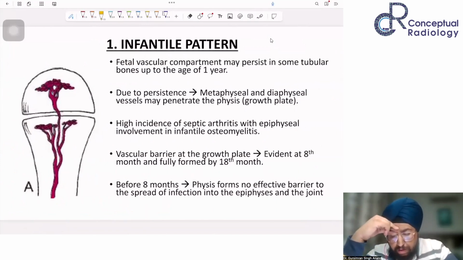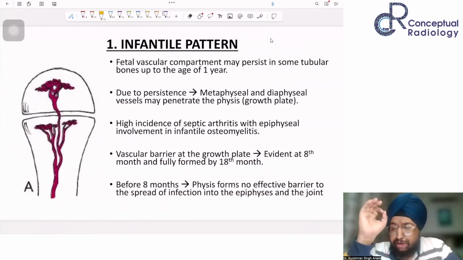Most of you will not be well versed with these concepts. So we start with the infantile pattern. So please remember that in the fetal vascular pattern,